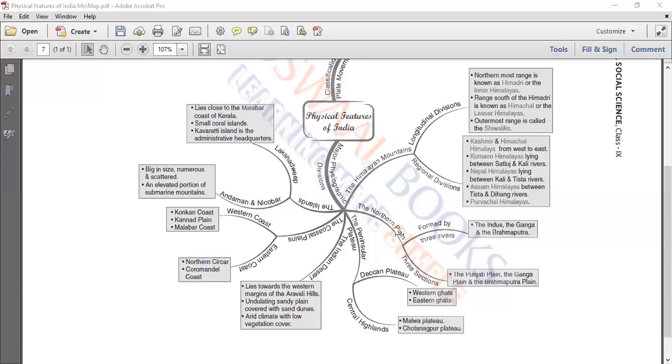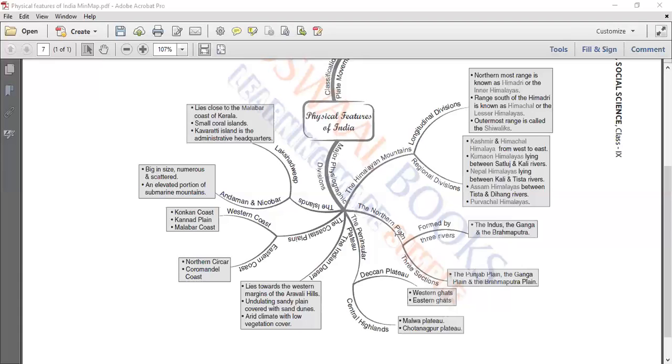Greater Himalayas are also known as Inner Himalayas or Himadri. Lesser Himalayas are also known as Himachal or Middle Himalayas. And the Outer Himalayas are also known as the Shivalik Range. Then we saw the characteristics of each of these. We saw the peaks that are there. We saw if they are snow covered or not, and if there are rivers flowing out of them. We saw their width. And then with all this, we came to the regional divisions.